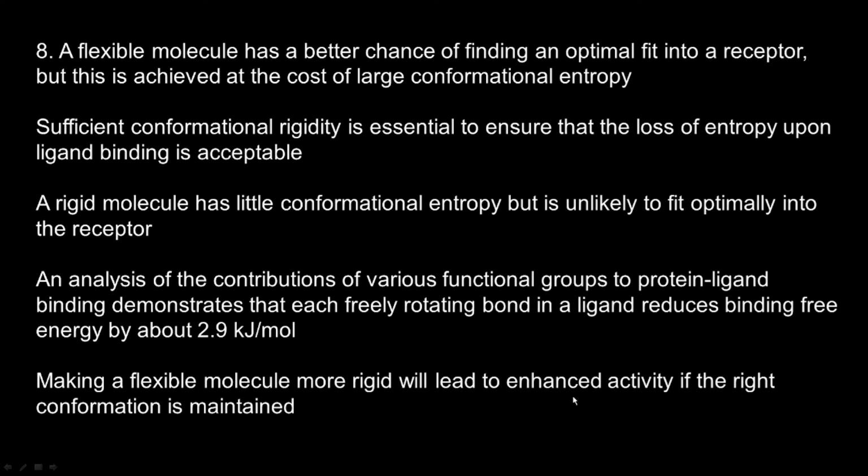Like I said, it's good to make it rigid because you can reduce the conformational entropy and increase the binding energy, but the conformation should match the biologically active conformation as well as optimally bind to the active site of the protein. So you need to balance all these if you want to achieve a good ligand structure